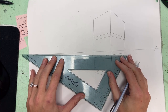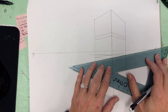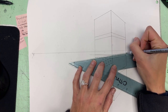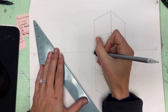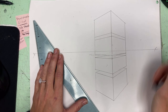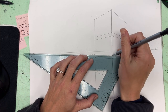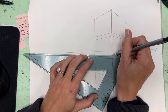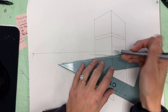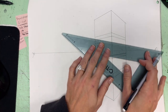awkward enough that I actually might even draw this box a little bit lower to help that. You know what I mean? Sometimes things just don't look right, even though you didn't do anything wrong. It's just not a nice look because it was not a great proximity to the horizon line. So nothing wrong with it, but I think it just reads better if you don't have that happen. If it's a little clearer. I don't think I moved it such a small amount that it will have any bearing on how you perceive the spacing. But at that angle, that close to the horizon line, a very small amount can make a difference. And when you shade it, you'll explain that as well. And then up here,